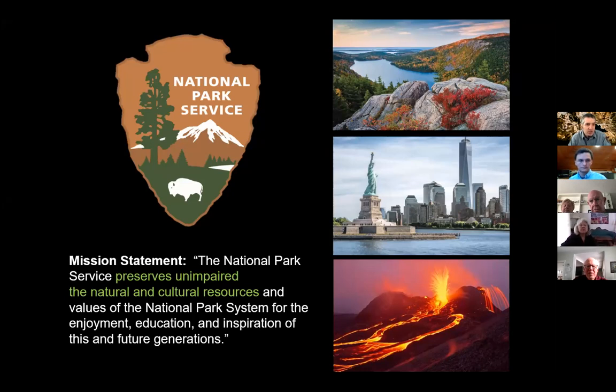I have highlighted in there a phrase in green, preserves unimpaired the natural and cultural resources. There's a lot sort of in writing on those few words. It sort of implies that you have some knowledge of where the resources are on their trajectory of health. And that requires us to look after them as much as it does to learn about them. And to that end, the National Park Service as a whole